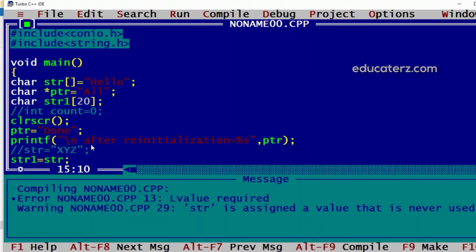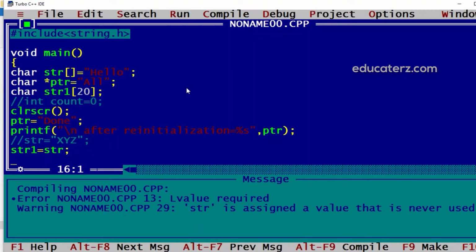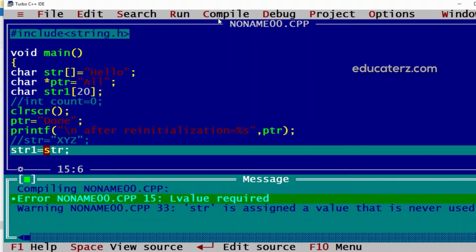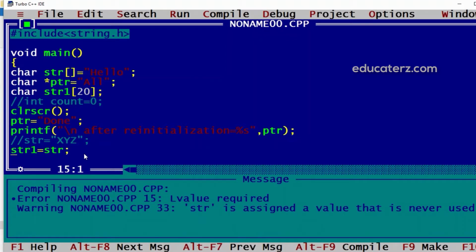Means we cannot assign one string to another if it is a character array directly in one step. So it will give us an error, that is L value required, right? Again, if we need this initialization, then one by one character we need to initialize. But if it is about a pointer, we can directly do it.